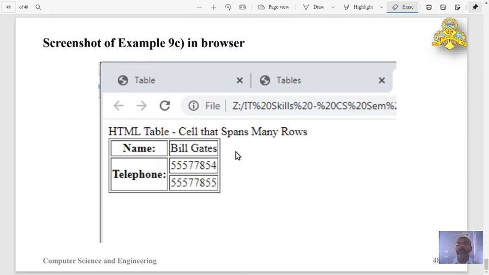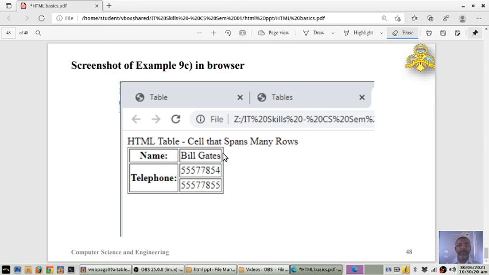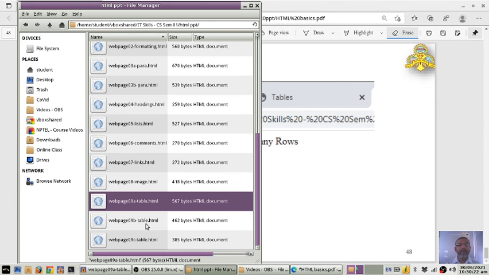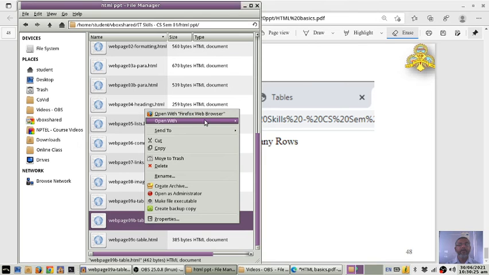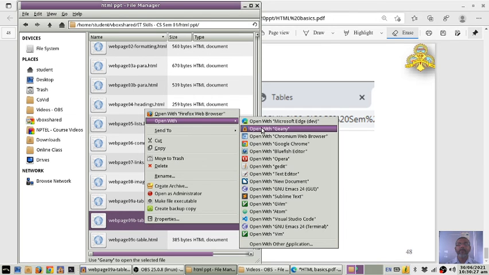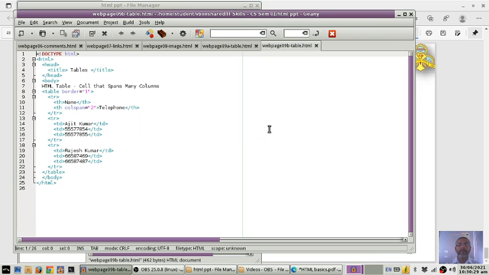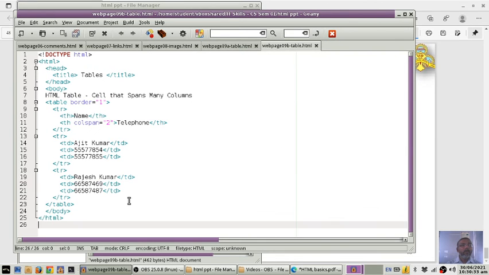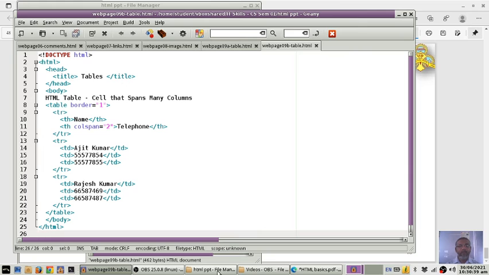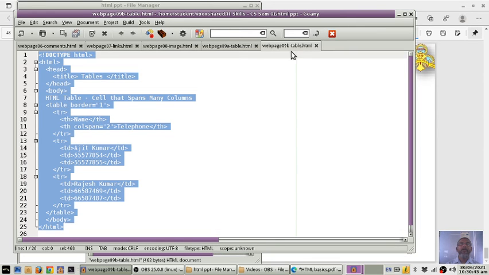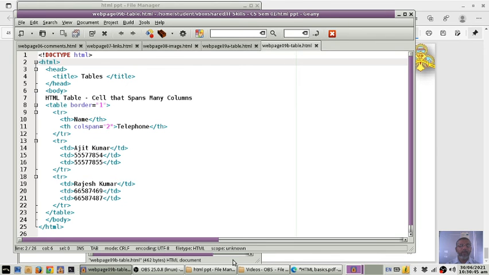Just a minute, I have not demonstrated the code, I'll just show it. So here is the code that spans into multiple columns. When I open this file in a browser, this is the file stored as webpage 09b.